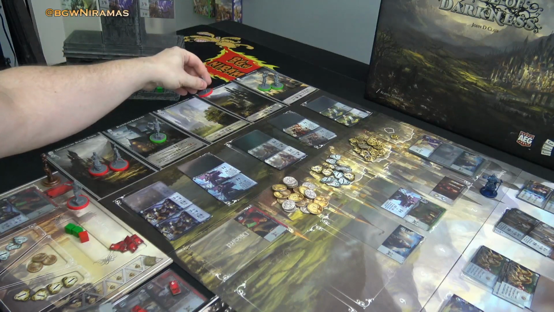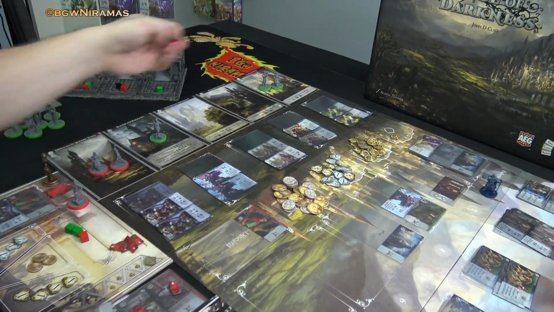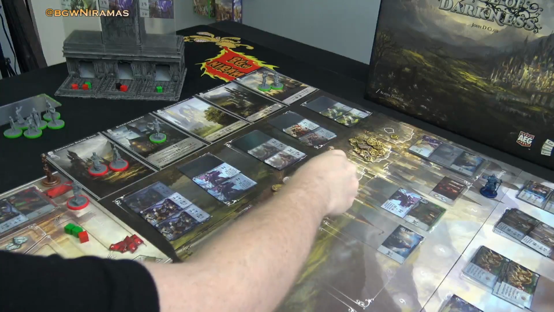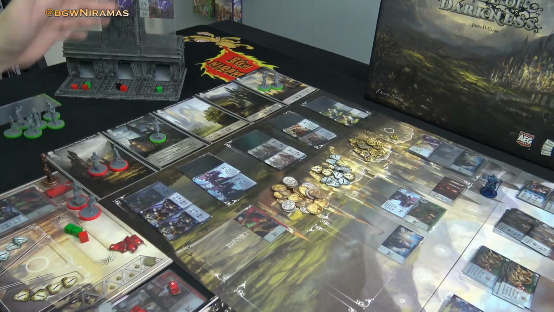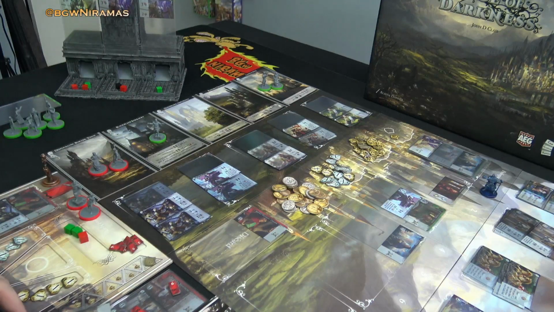Oh yeah, I placed this in the wrong spot. Yeah, it should be there. And I pull this back, and I pay 3 coins. Now I have 3 coins. So I pay those 3 coins in order to do a hunt. Okay, so I have a hunt, and the hunt is